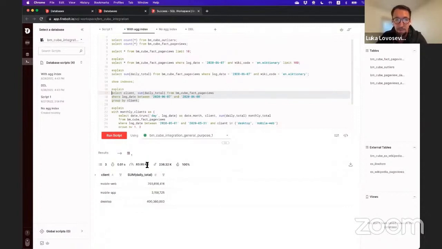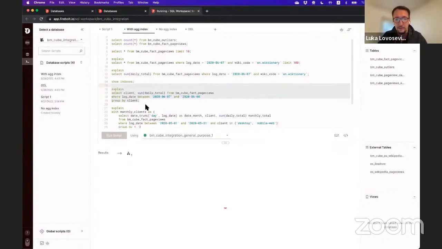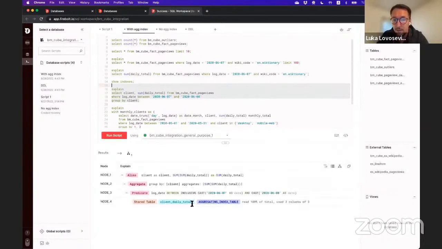And this is like kilobytes, right? So again, if I do an explain, you'll see why this happens. What's the magic? It's basically an aggregating index that's defined on top of my page views table. So in this scenario, I'm doing a group by client. And because I have an index that's covering this, a combination of my client dimension and the sum of daily total, the measure,